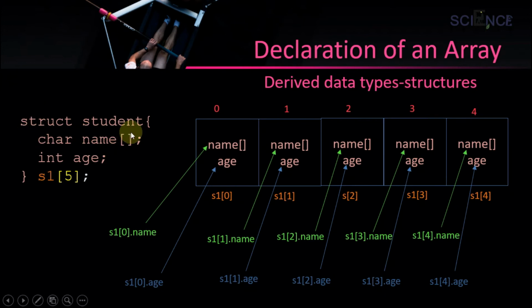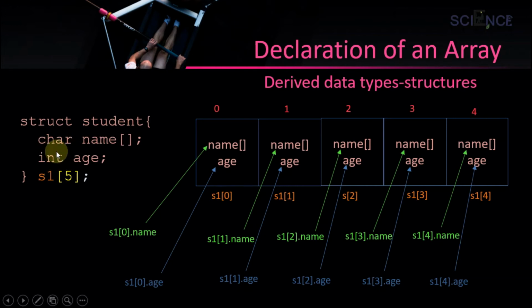If you don't know structures, don't worry, I will do a separate video for structures and pointers in detail. So if you know structures, then I will explain a little bit how to create an array using structures, right? So you know we can create a structure like this. How to create a structure? We can use the struct keyword, and this is the name of my structure, right? My name of the structure is student, and I hope to